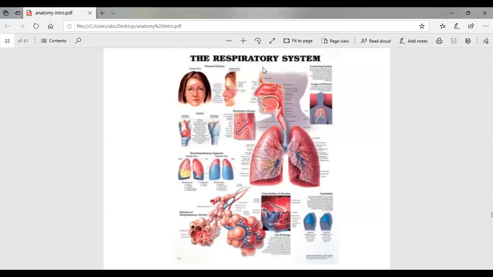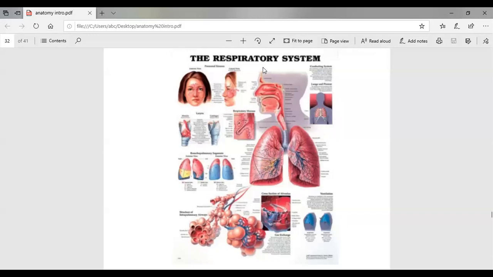I told you some time ago that the deoxygenated or the impure blood coming to the lungs is made pure, is made oxygenated. How is it done? We take the oxygenated air via our nose to the lungs, then the deoxygenated blood which came to our lungs gives the carbon dioxide to the air and takes oxygen from it, and then the oxygen is taken by the veins to the heart.